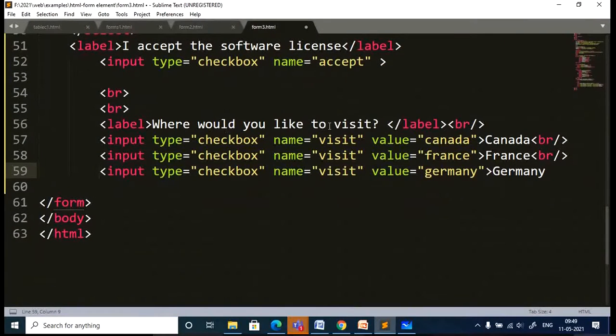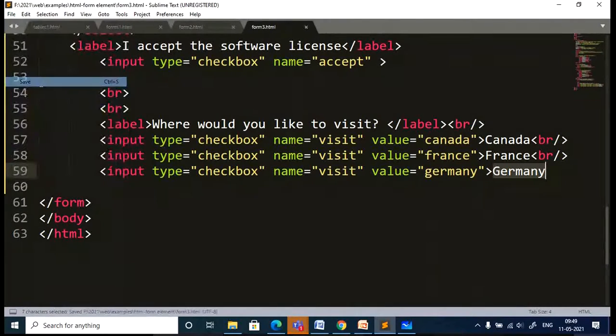The label is where would you like to visit, and the input type is checkbox. I have given the name visit for all three checkboxes, and also the values. The name is the same but the values are different, so whichever box you check, that value will be passed. And this is the name displayed in front of the checkbox.